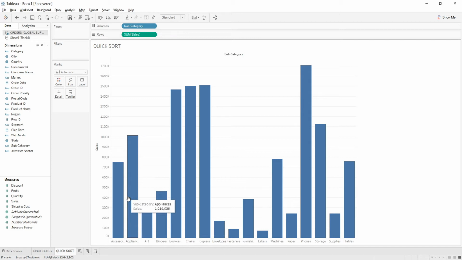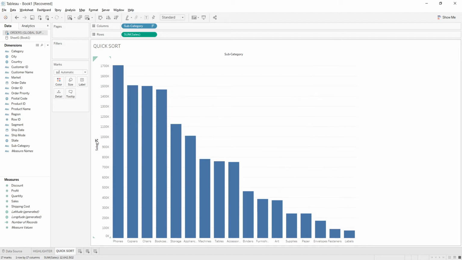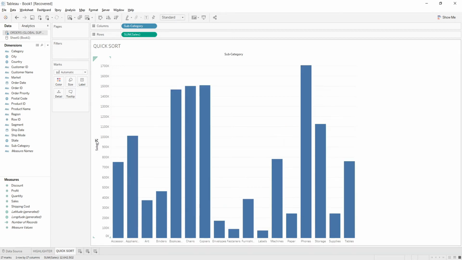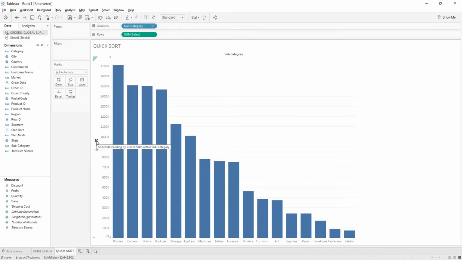So we can see that this chart is not in a sorted manner, and to sort it, when we go over to this axis, there is a sorting option here with the name of the axis mentioned. It will sort your data in three manners. First of all, it will be converted to descending order. Then it can be converted into ascending order. And if we click again, it will be converted back into an unsorted manner. So according to our choice, we can choose the best type of sorting for us.